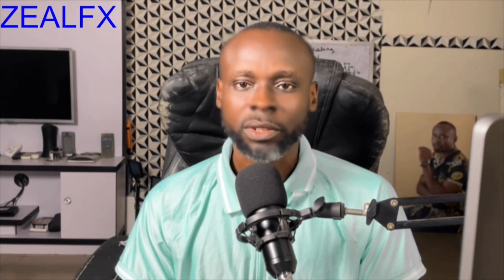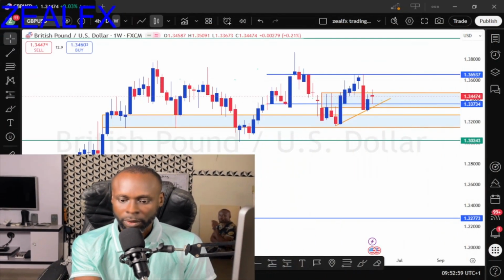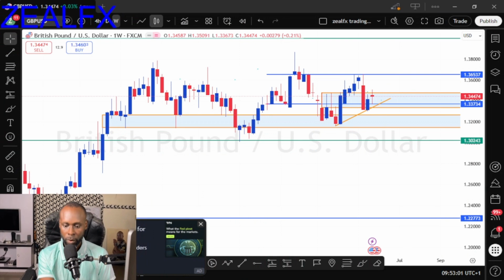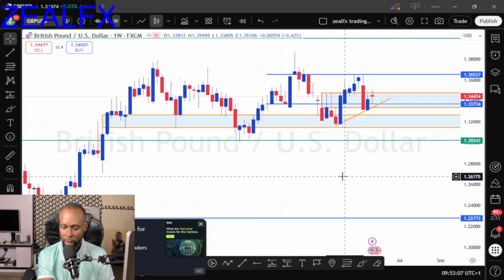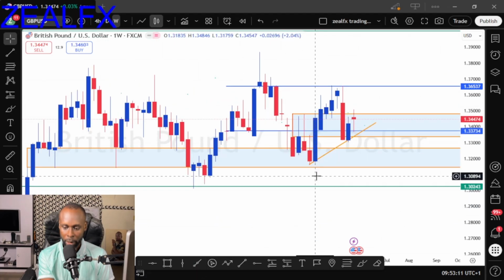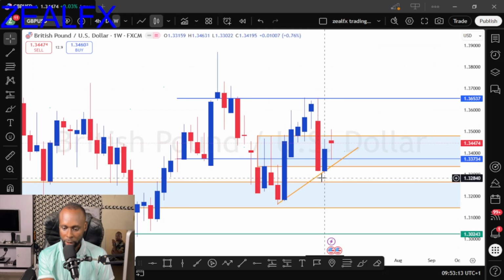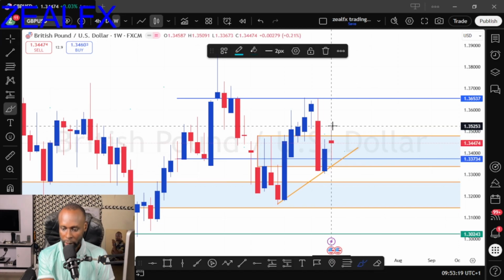So let's dive straight into the Forex analysis this week. I'll be starting my analysis with the Pounds USD. On my weekly time frame, the Pounds USD rejected from a weekly support level. So long price rejected from a weekly support level, from this candlestick anatomy,